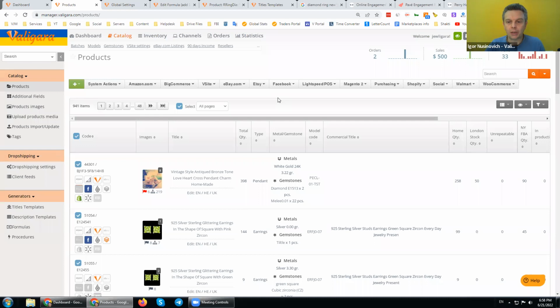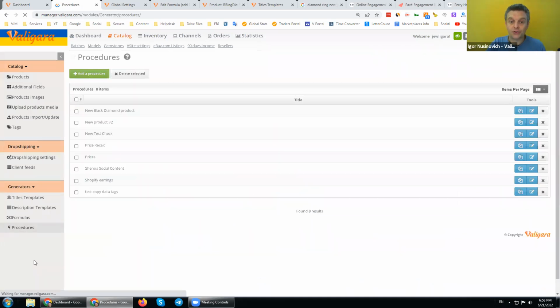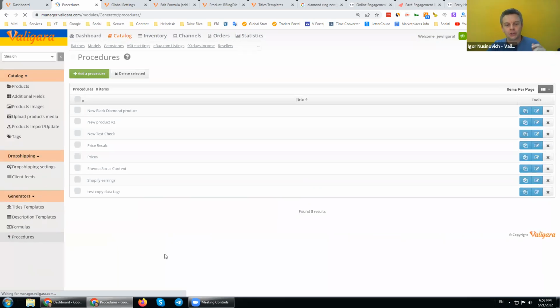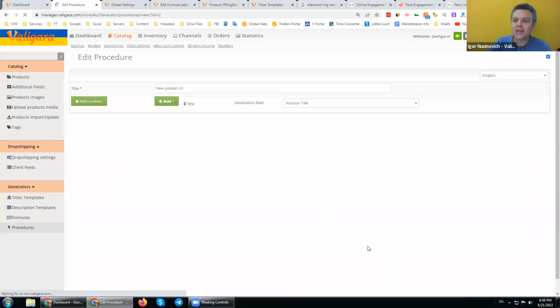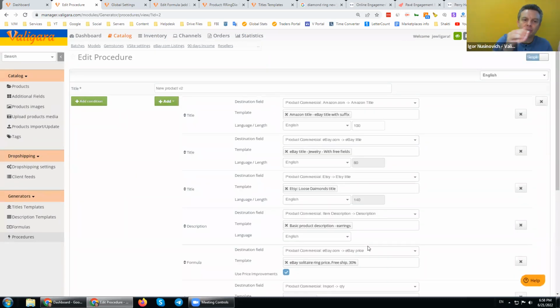Now, how do we operate all this? Because with time, it becomes quite a lot of templates to use. So for this, we generated procedures, and these procedures are super, super important. With these procedures, the moment that we run the procedure, it will apply different templates according to the type of the product.